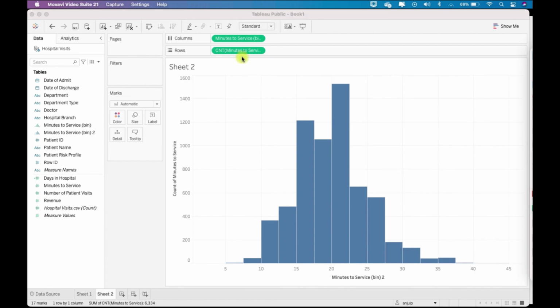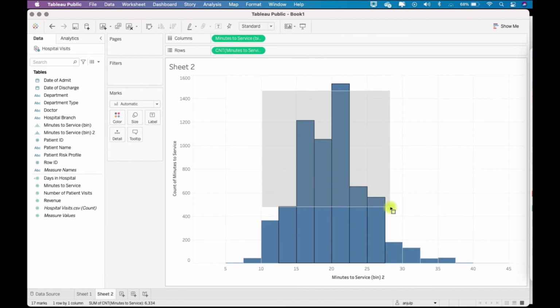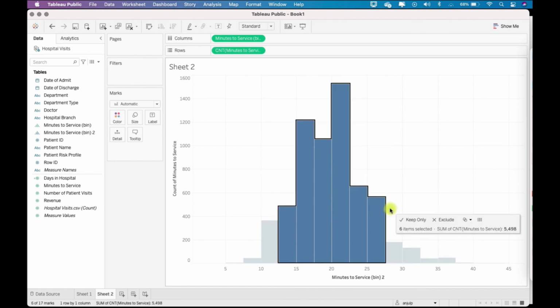This way we have counted how many records fall under each bin of minutes to service, and we see the maximum records are getting serviced in this range.